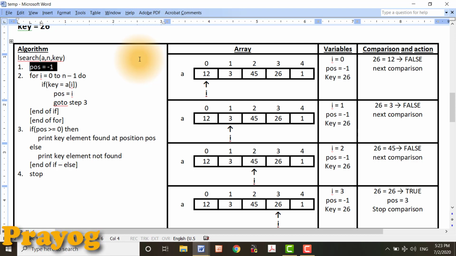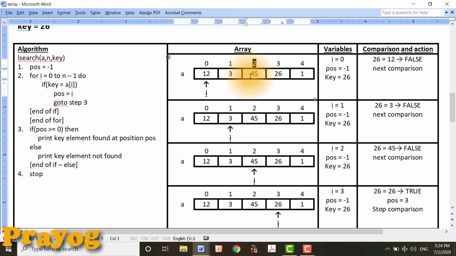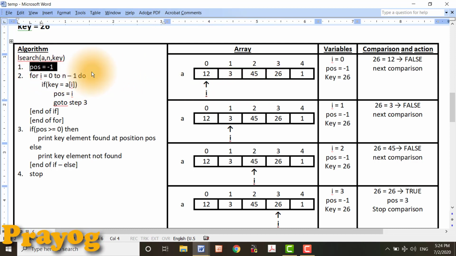Here the variable pos represents the index of the key element inside the array. Say, for example, consider the key element as 45, then the pos value is going to be updated to 2. Suppose the key element is 26, then the value of pos is going to be updated to 3 later.